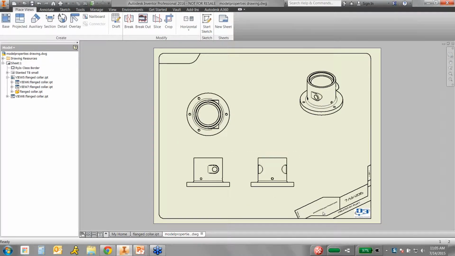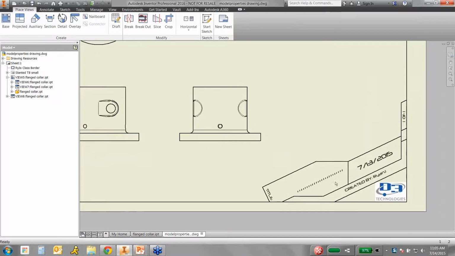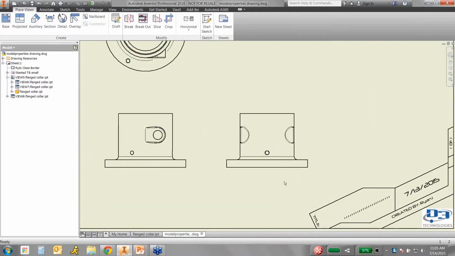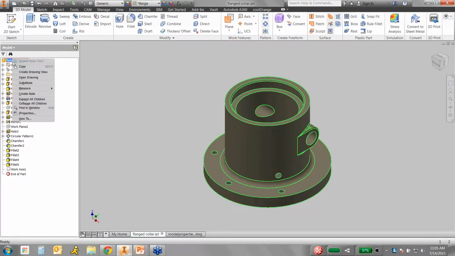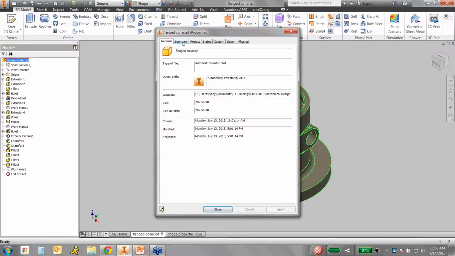Now you notice down here in the title block, no information is there. Now I happen to have this title block set up to pull in information from the part file, title and description and part number and things like that. You may not set up your title block like this, but we definitely use the iProperties for our parts in other areas. Maybe a parts list that we throw on the drawing. It's going to be pulling all of its data out of those iProperties. And if I go ahead and look at the iProperties for this part file, I'll notice they